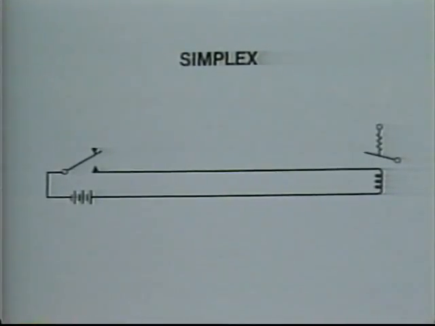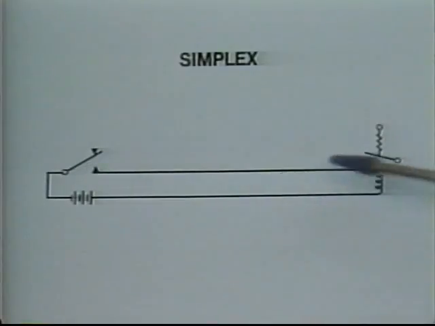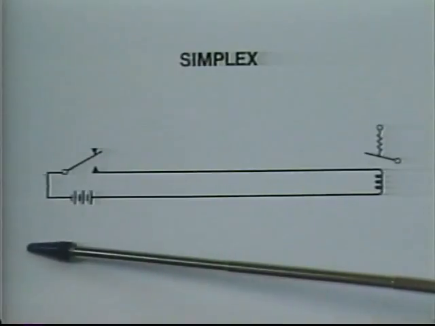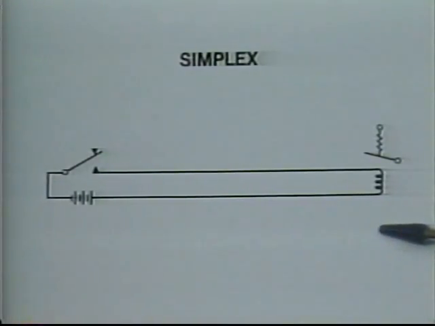This is the Simplex Circuit, where an operator at one end of the circuit can put messages in using the key, and they can be received at the other end of the circuit on the sounder. In the Simplex Circuit, because you only have a key at one end and a sounder at the other, messages can only move in one direction, from the originator or transmitter here to the receiver at this end. The Simplex circuit